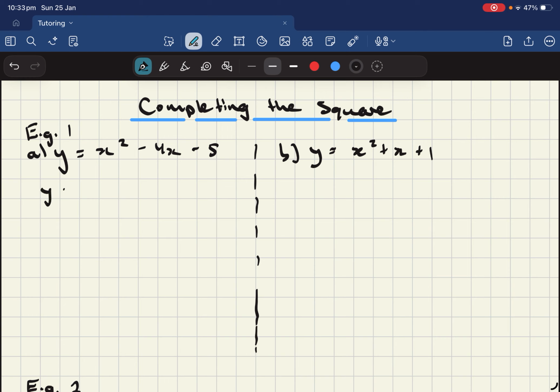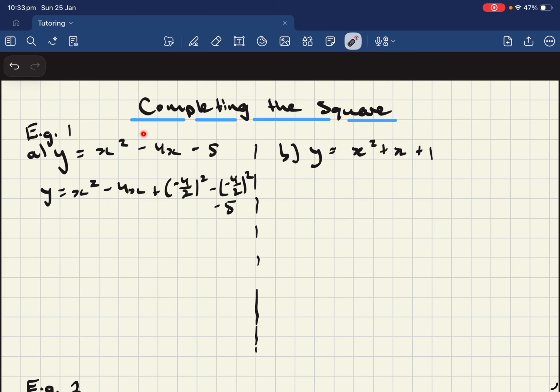So this left-hand side stays the same. I have x squared minus 4x plus, I'm going to halve that, minus 4 on 2 squared. And then because I've just pulled something new out, I have to undo that again. So I'm going to minus negative 4 on 2 squared. And then minus 5. Because I'm trying to make something that's equivalent to this, but just written in a different